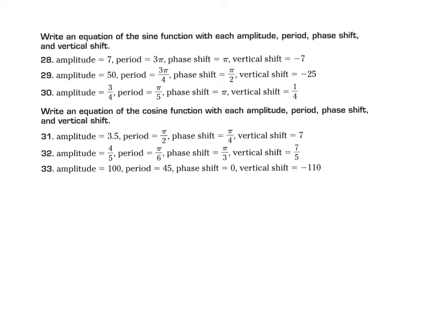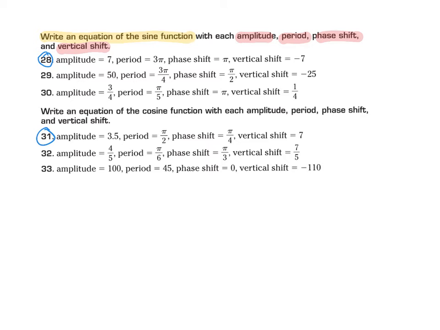In the section of problems that we worked on today, we are asked to take some information and write an equation for either a sine function or a cosine function. In 28 through 30, you're writing an equation of a sine function, and we're given the amplitude, the period, the phase shift, and the vertical shift, and we're supposed to convert that into those values that we've been learning and write the equation. I'm going to do number 28 and then number 31, one of each of these types of problems,